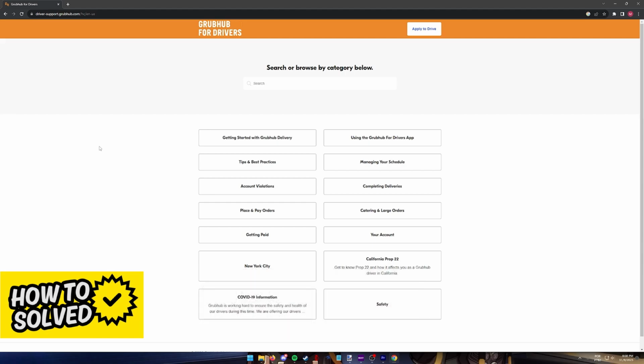The option to manage your Grubhub delivery zones and alter them at any time is going to be available on the Grubhub for Drivers help page. So what you have to do is look for the Grubhub for Drivers Help Center. Alternatively, you can also go directly to this page,